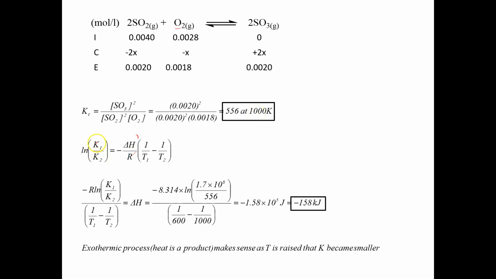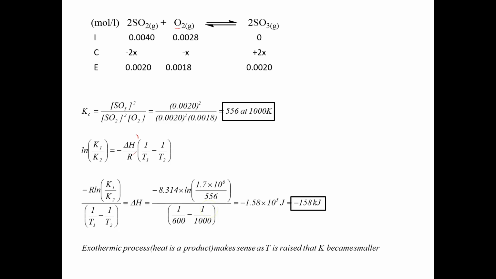I've got log K1 over K2 is equal to negative delta H over R multiplied by 1 over T1 minus 1 over T2. If I reorganize everything to get delta H isolated, I'm just going to multiply both sides by minus R and then divide by this 1 over T1 minus 1 over T2 term. That'll give me delta H. So I'm going to put all my numbers in. R is 8.314. K1 is 1.7 × 10^8. And K2 is the value I just calculated,